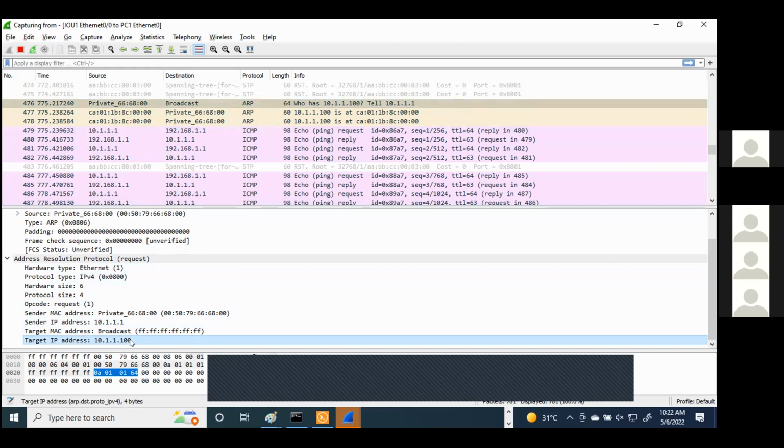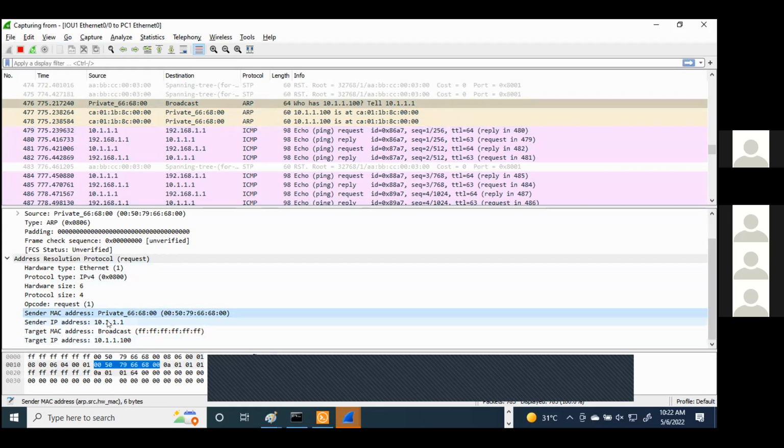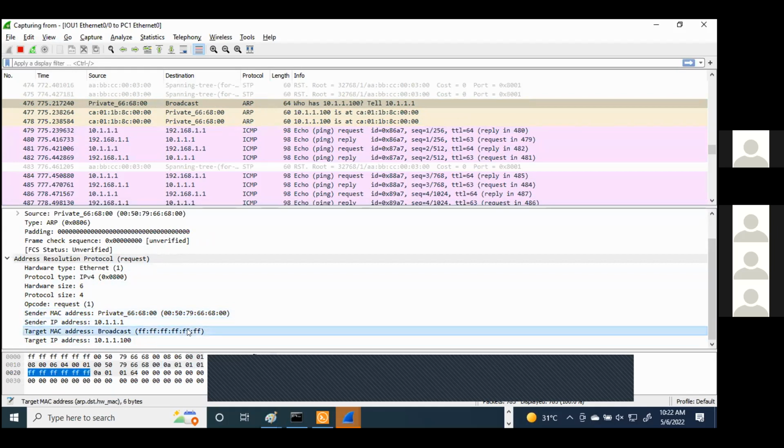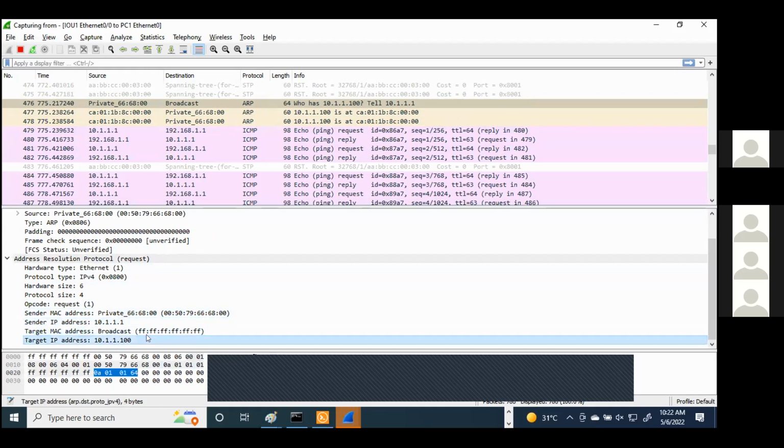See, sender MAC is the PC1 MAC. Sender IP is PC1 IP. Target MAC is broadcast. What is the target IP? What is the target IP, Abdul? Router IP. So when it is a different subnet, your PC is going to generate the ARP request